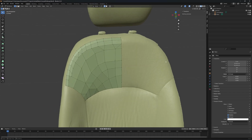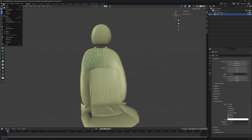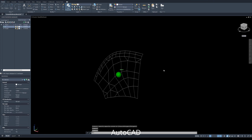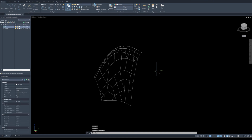So next I'm going to export this as 3D lines. Click on the file, export, AutoCAD, DXF. This is an add-on in Blender. You can export it. I select on here, export as line. So it's to export this one as a line in 3D space. Click on export. So when you open this file that was exported from Blender in AutoCAD, you get a 3D line